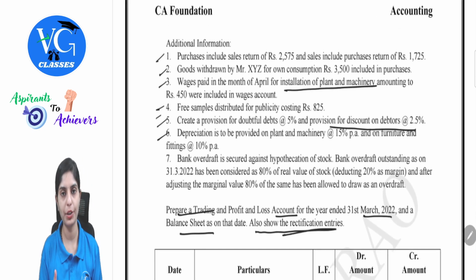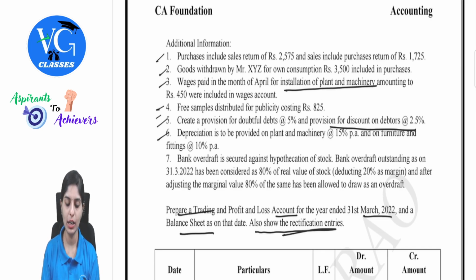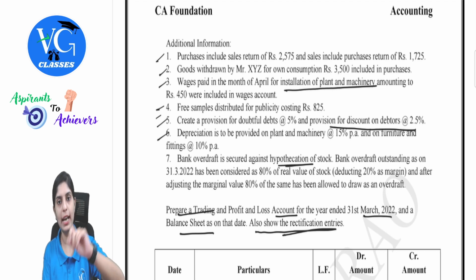Next point is very important. Carefully understand this. Bank overdraft is secured against hypothecation of stock. What does this mean? That is as good as giving it as collateral or as pledge. You would have learned this in your law, hypothecation. Bank overdraft, that is whatever facility of loan is given, is being safeguarded by taking stock as a